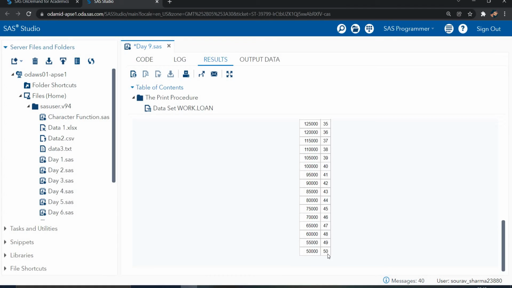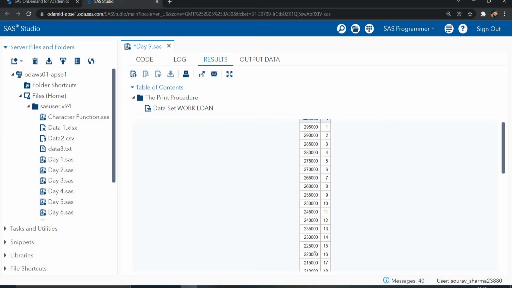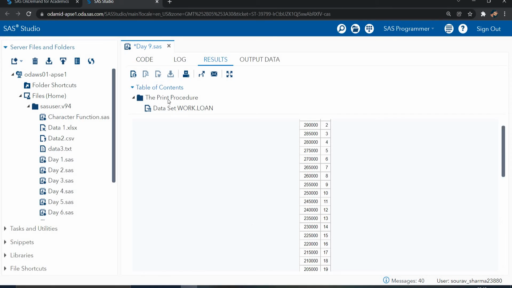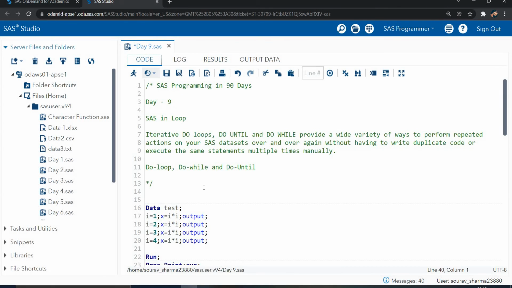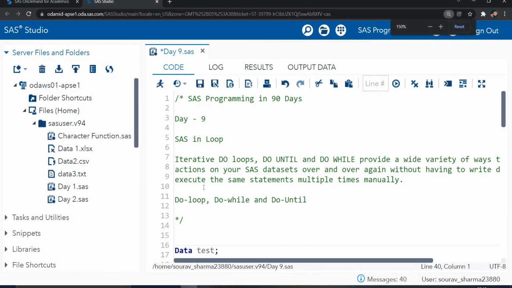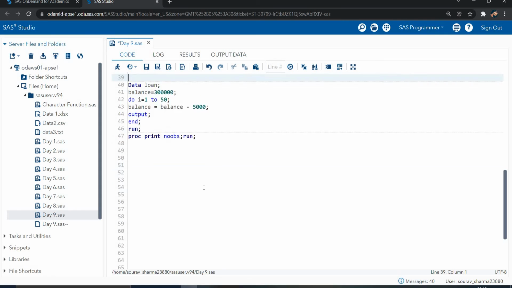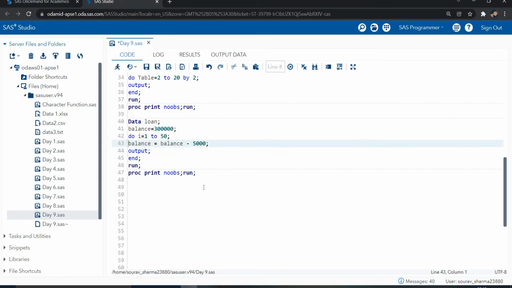If I'm paying 5,000 per month till 50 installments only, the rest will be there. So you can calculate your loan also, and how many EMIs will be deducted if you're paying 50 installments. This is my loan amount.